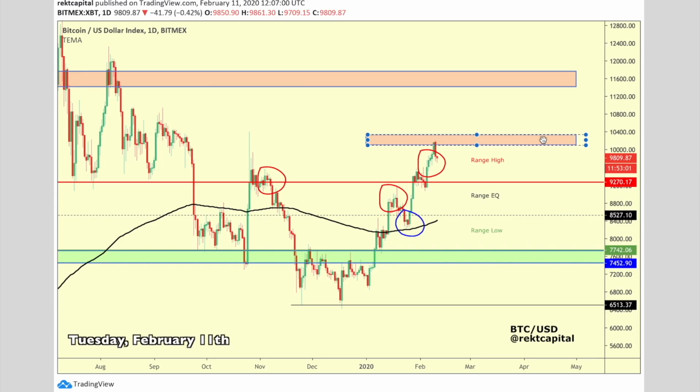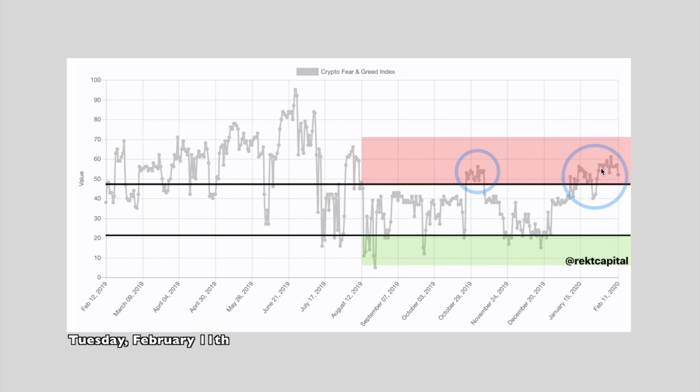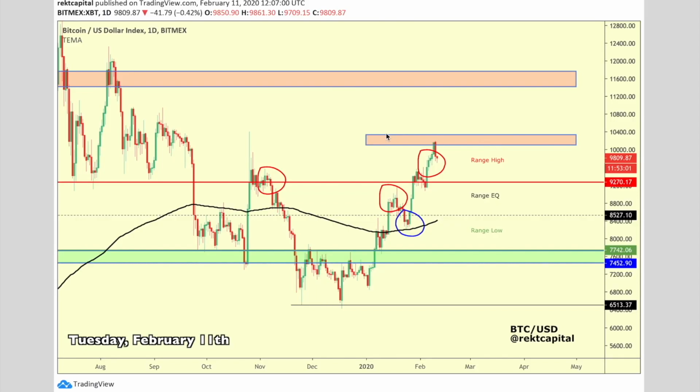This was the monthly order block. This is the price action resistance that I was paying attention to. So coupled with the fear and greed index, we know we're in greedy territory, something to bear in mind and be wary about. And if we have this order block coming up, if we have this monthly resistance area coming up, if we're getting this fear and greed index signal right over here, and this order block is over